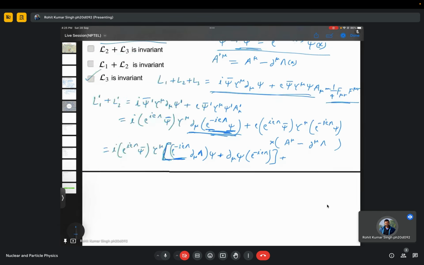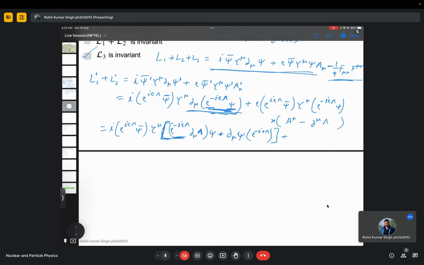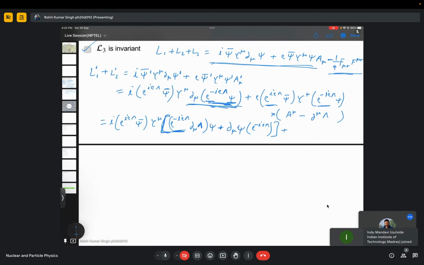And for the second part, you can already see here this and this multiplied will give you 1, right? Because it is positive and this is negative, so it will just cancel and give you 1. So what remains here is E psi bar gamma mu psi, and in the bracket we have A mu minus del mu lambda. Okay,